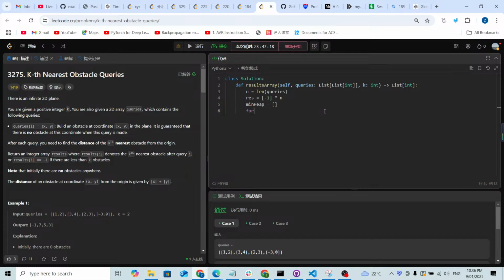So now let's just check each one of them. For i, x and y in enumerate the queries. For each of the queries, what are we going to do? We're going to put it inside the min heap. So we're going to use the heap push, and it's going to be a value of absolute x plus absolute y as